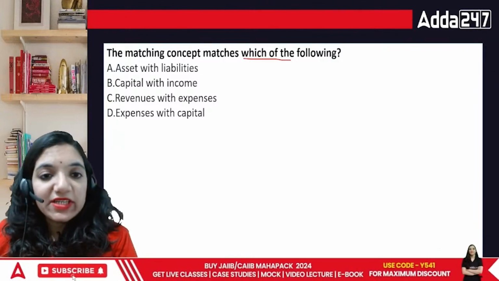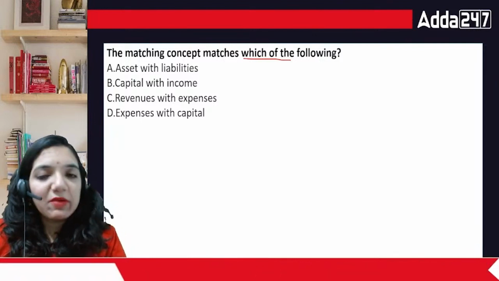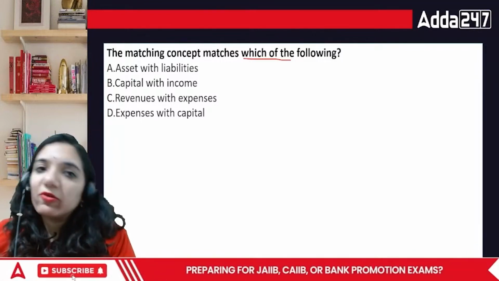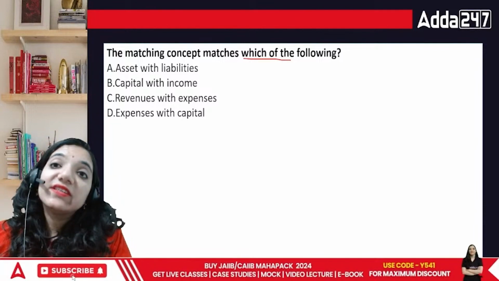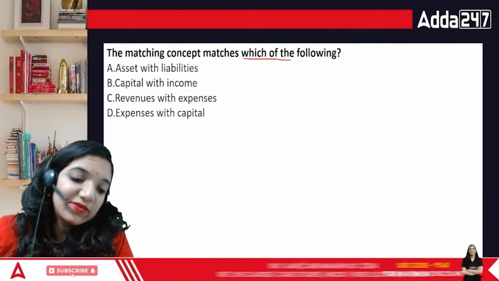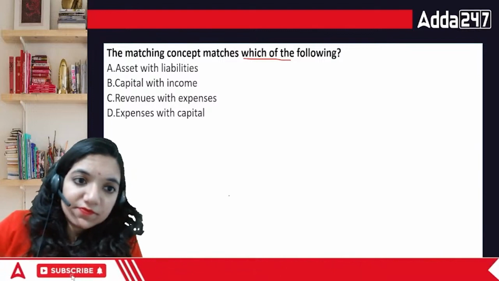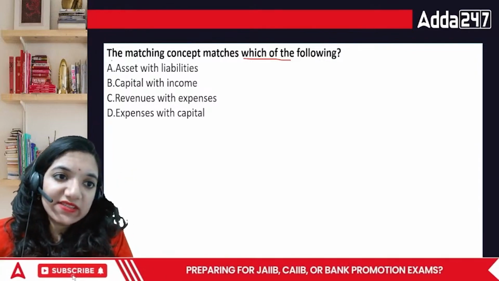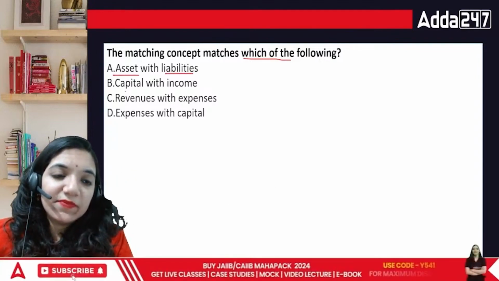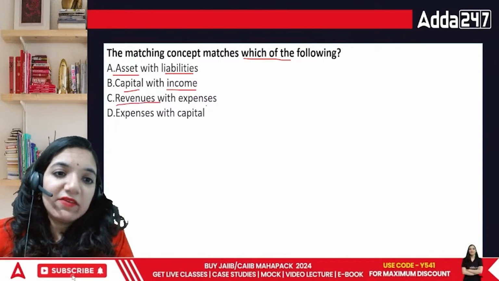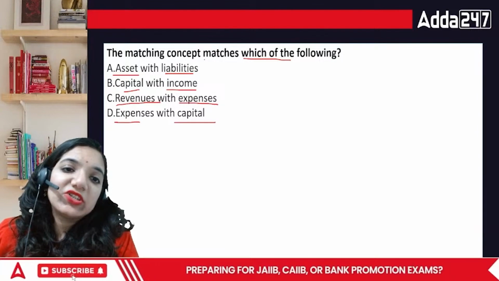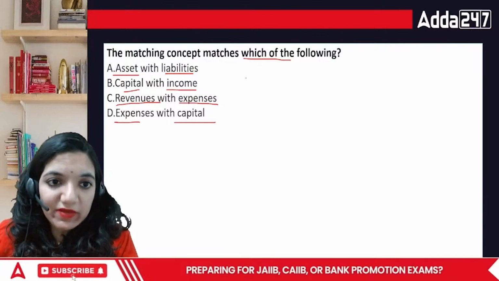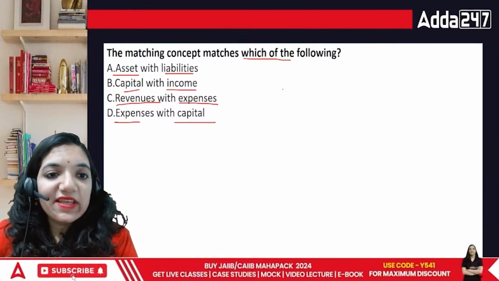That every debit has a similar amount, or actually the equal amount of credit. Total of debit side and total of credit side will always match. Obviously, the amounts can vary on both the sides, right? It's going to be assets with the liabilities, capital with income, revenue with expenses, expenses with capital. In this case, the matching concept matches which of the following? Matching concept is basically